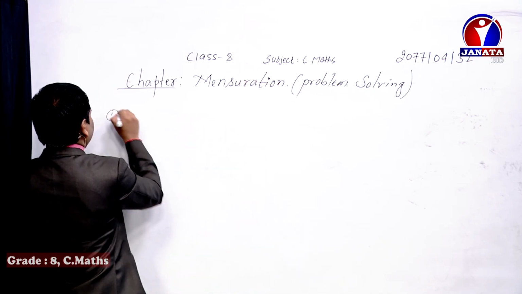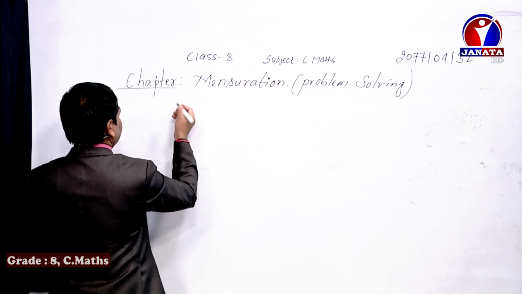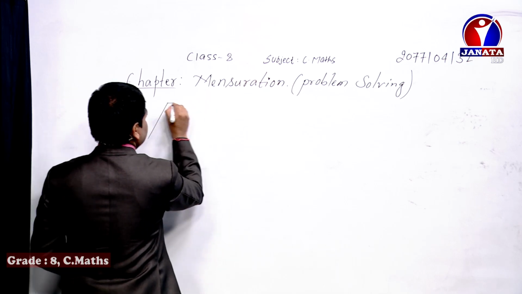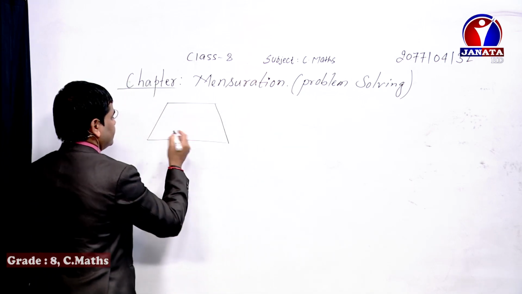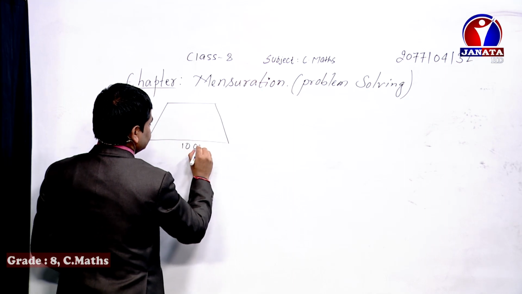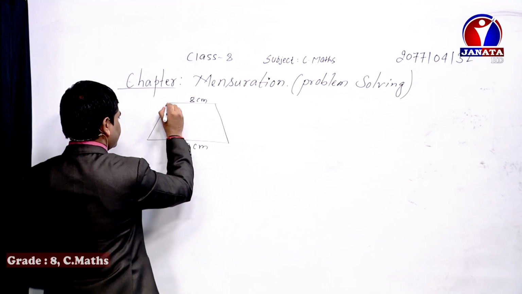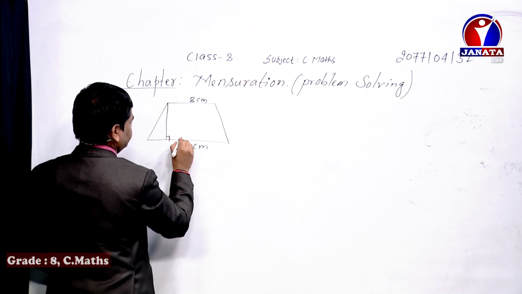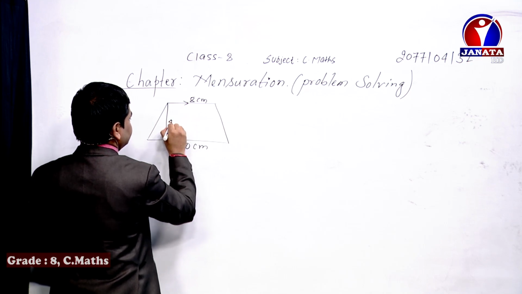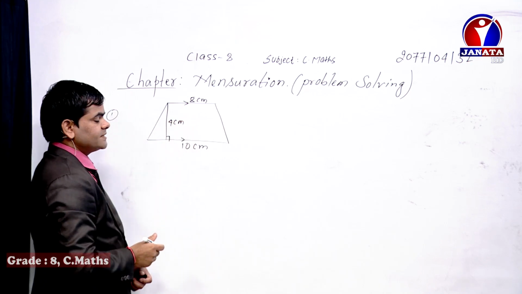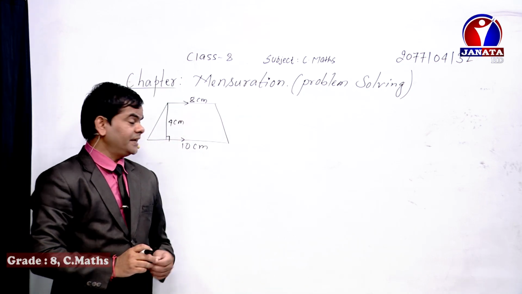First of all, in number one, the general formula we use for the trapezium. For example, a trapezium is given to us in this way, and the length of this one is given as 10 centimeter and this one is given as 8 centimeter, and the height of this trapezium is given as, let's say, 4 centimeter. Then if the question says to find out the area of this trapezium, how will we find out?